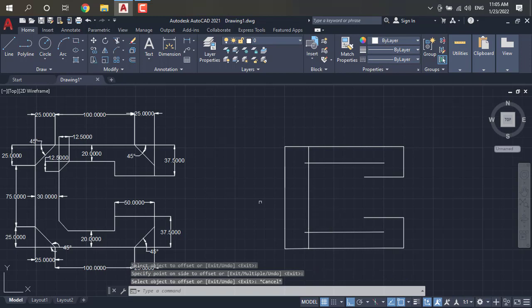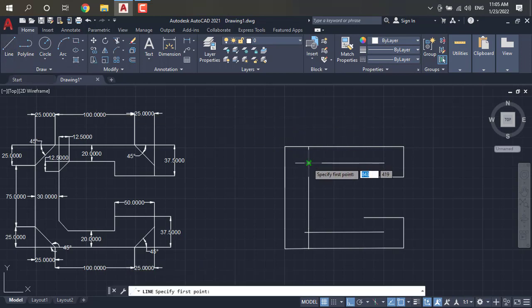Okay. Here our next step is to take a 45 degrees line to connect. Okay. First of all, you have to click on the points on this. Here, what is our vertical distance? This is our 12.5. Just click on it. Just escape. So, this is our 12.5 line.